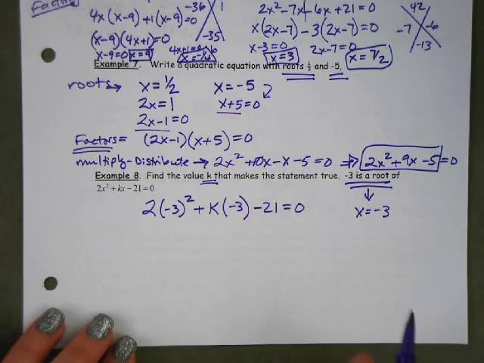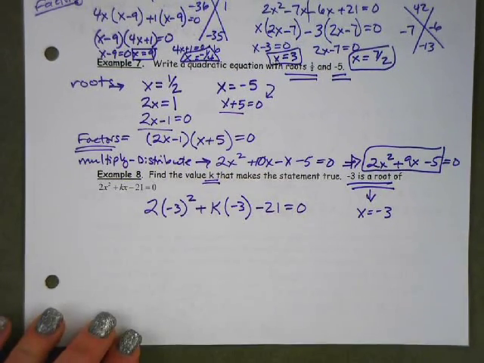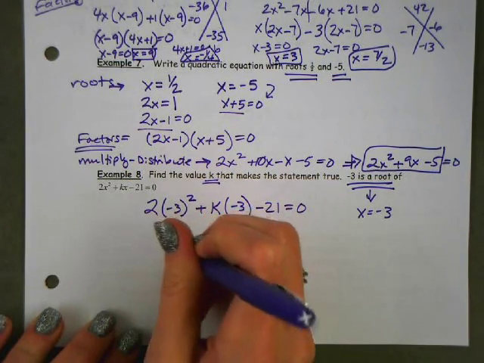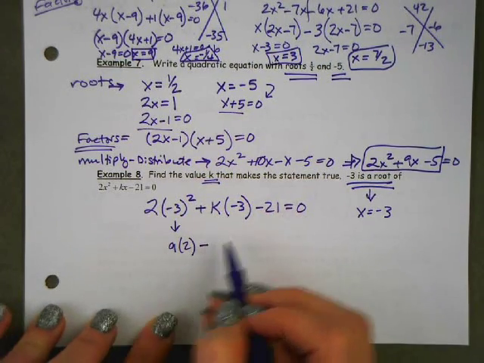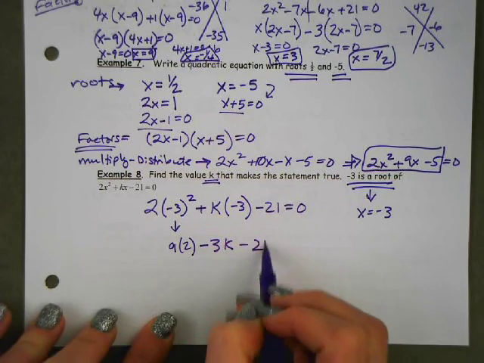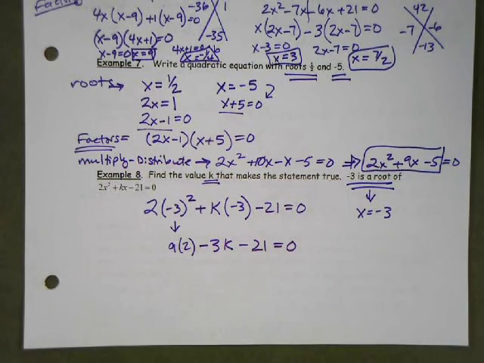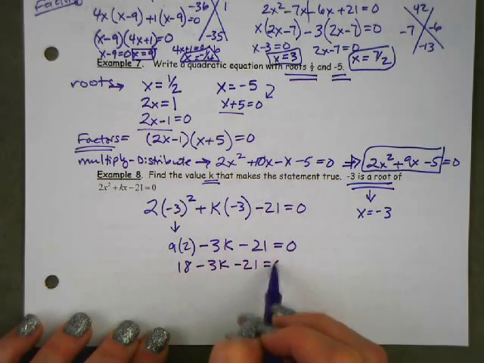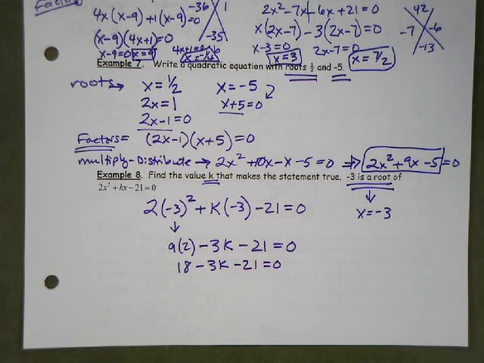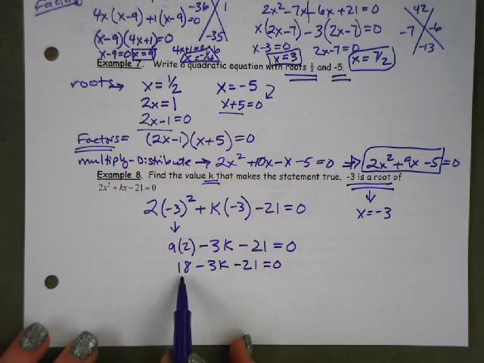So what's -3 squared? It's positive 9. So 9 times 2. I'll rewrite the -3k as, or k times -3 is -3k, and then minus 21 equals 0. So this becomes 18 minus 3k minus 21 equals 0. Okay, so all I did is take the x value, substitute it for x, and now I'm just solving for k. Okay, now I'm left here, I'll combine my constants of 18 and 21, which is -3, so it's -3k